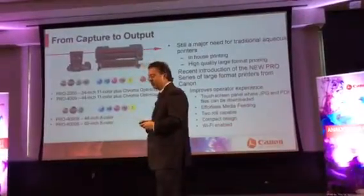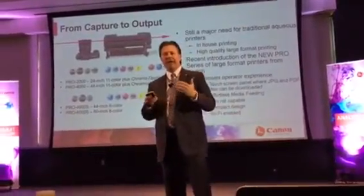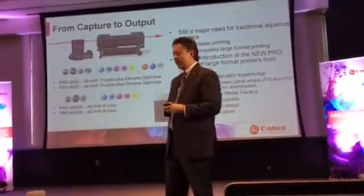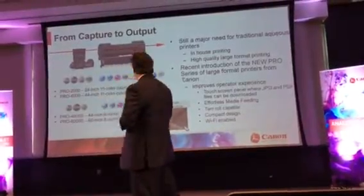We've also introduced on the 8-color side a 4000S and 6000S, and this is more for production type of areas that need very good quality, but they're really focused on speed, getting more done throughout the day. And so when you look at some of the features that were built into this printer,